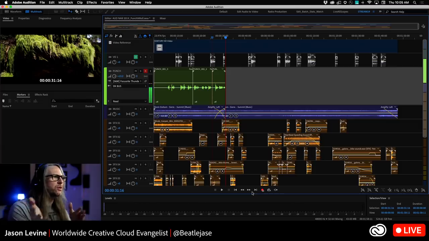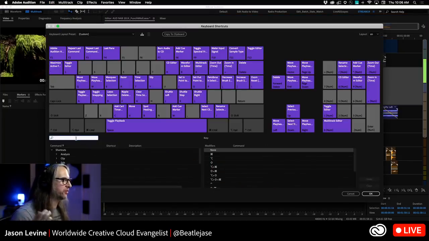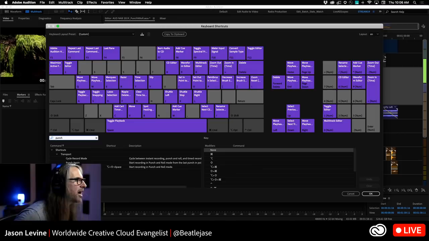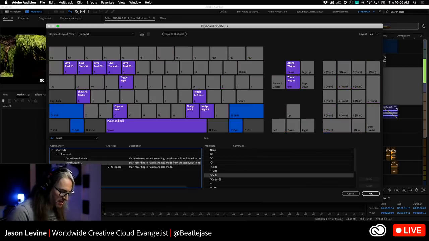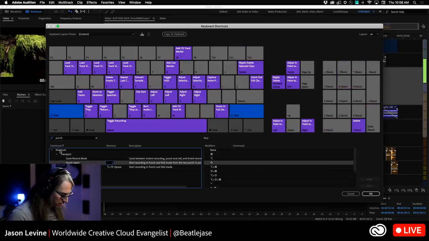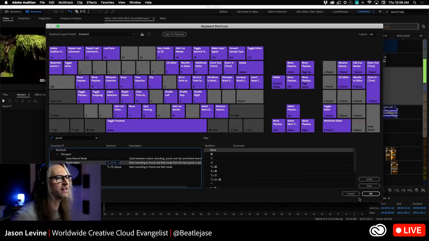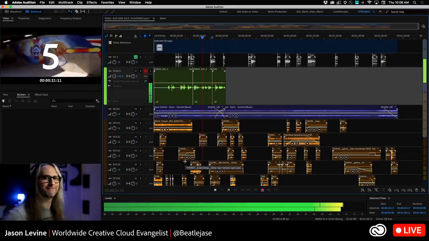Now, what if I wanted to redo that take multiple times? Well, we have a keyboard shortcut that allows you to punch again to ensure that you go to the exact same position. So if we go up to keyboard shortcuts under the edit menu, and I'm going to type in punch again. This is not pre-assigned, but I found that Shift Option P is available. Yes. So I'm going to click into the shortcut field, Shift Option P, add that shortcut, click OK. So now when I hit Shift Option P,